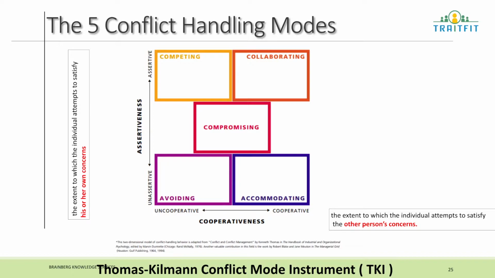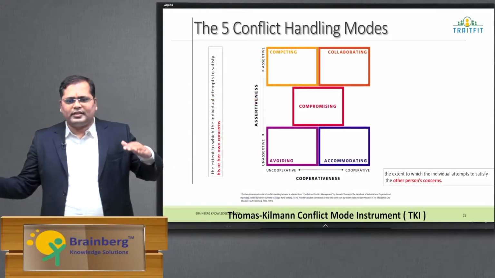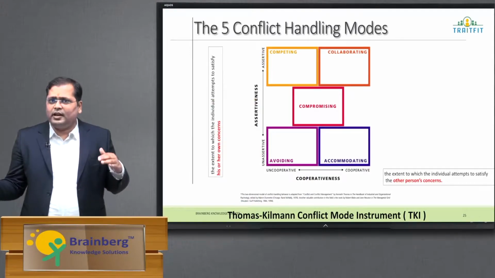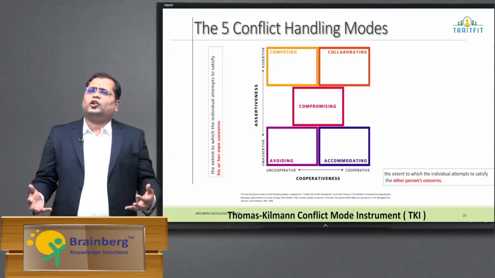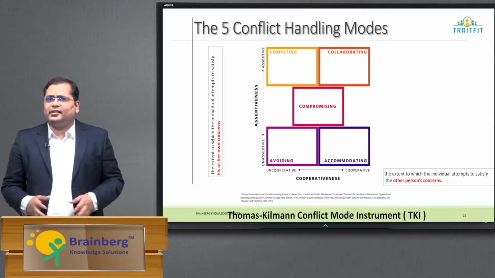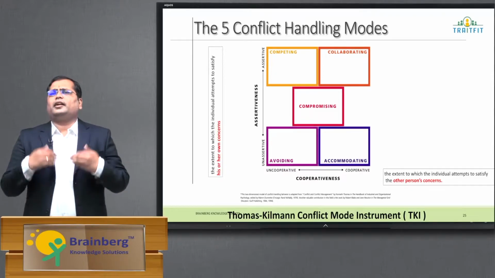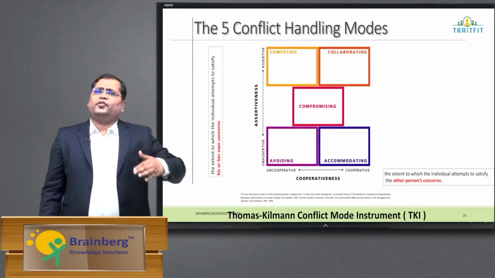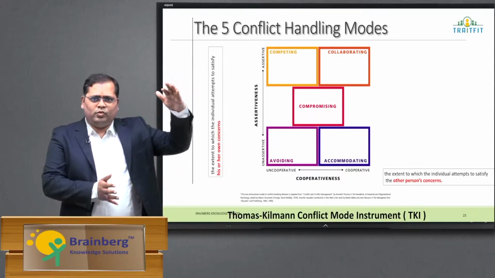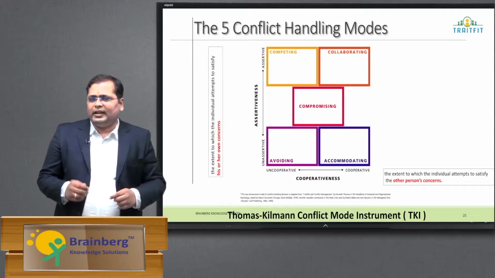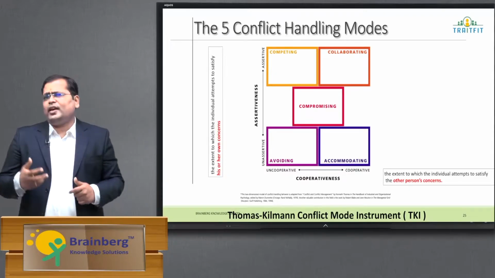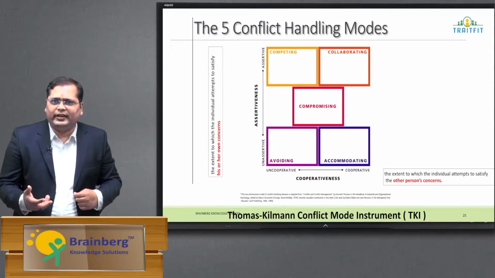If you're more cooperative and less assertive, your style will be accommodating. Accommodation is like you are losing on something and someone is winning on something. Here, you are accommodating someone else's views and ideas while compromising and not letting your ideas be put forth. If your assertiveness is high and cooperation is low, you'll be in a state of competing. Competing is one such area where you are assertive about your ideas, while you are low in cooperation, where there is a strong competition happening between you and the other group.